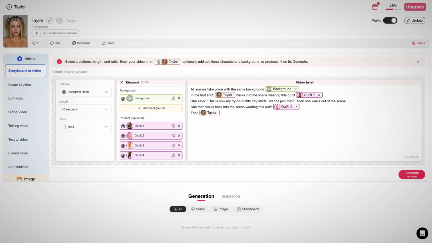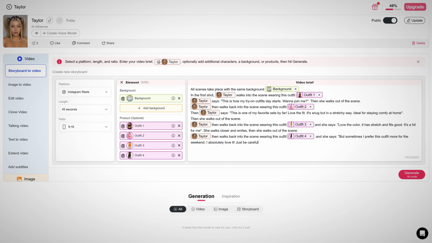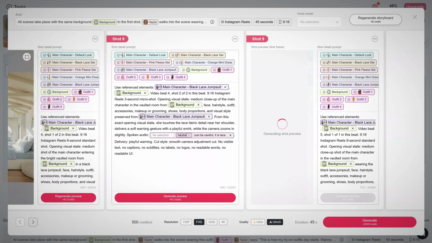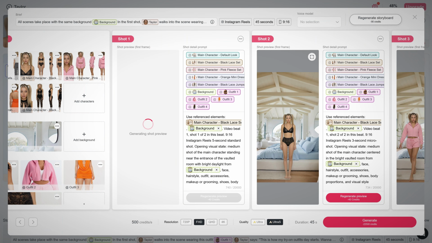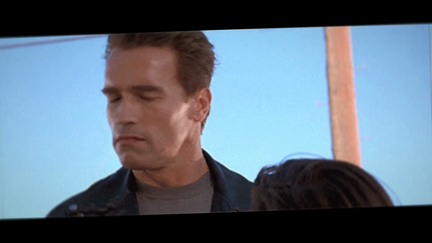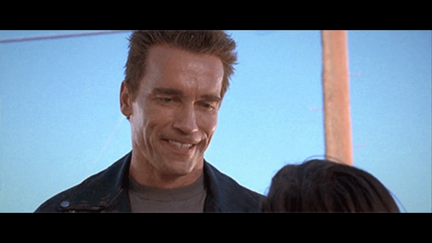Anyway, after that, I wrote the brief for the video, making sure to tag every reference, including Taylor herself and each outfit alongside the dialogue. Once that was ready, I clicked generate and went through the shots one by one. I quickly realized it was better to keep only the strongest ones, so I cleaned up my storyboard and removed anything with errors. And I'll be honest with you, AI can still mess up sometimes, so the human touch always